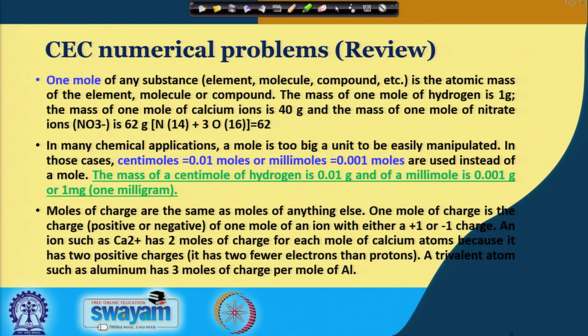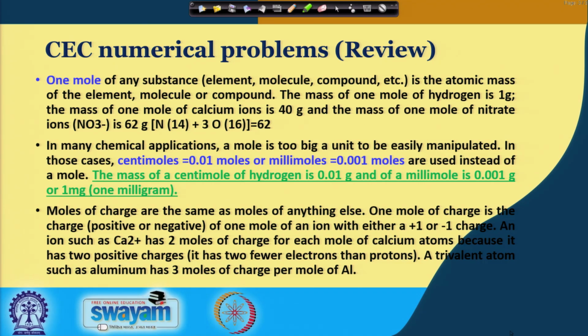Cation exchange capacity is also related to percent base saturation. Remember, percent base saturation is the fraction of the cation exchange capacity which is accounted for by calcium, magnesium, sodium and potassium, and the acidic cations such as aluminum and H plus are not included in the calculation of percent base saturation.